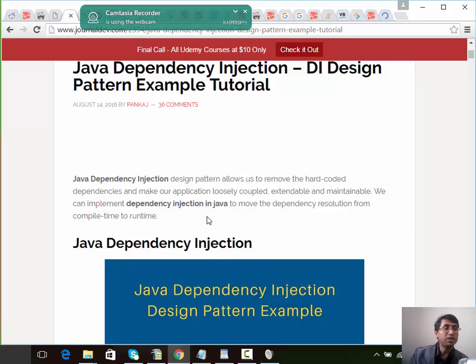You declare an email service object inside your main class, and using that object, call the send email method. So you think, okay, this is done. But what if you want a different